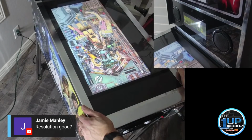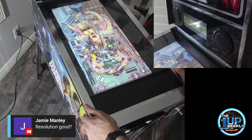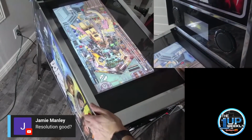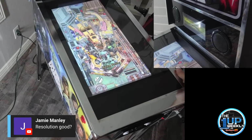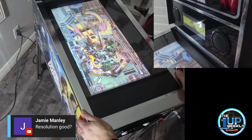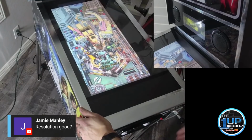All right, hold on. Let me trap this thing so I can see how this works. Oh, yeah. Well, you just saw it bounce out. I don't know if you noticed that. Is there a digital nudge button, or do you have to physically nudge it? Not that I know of. I don't think so. I think it's all just the...